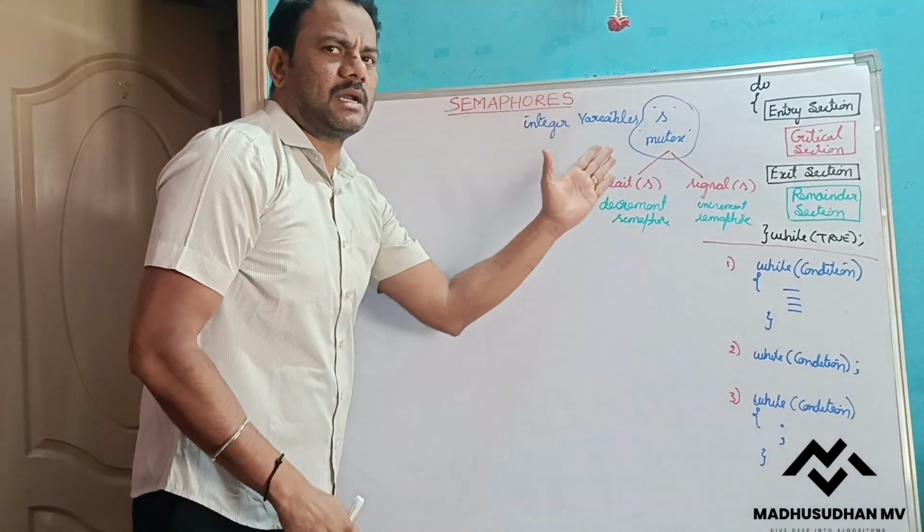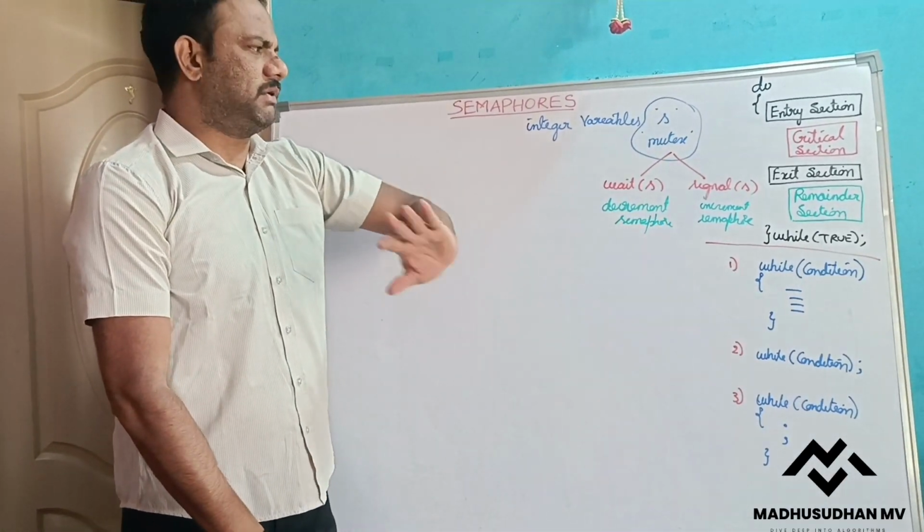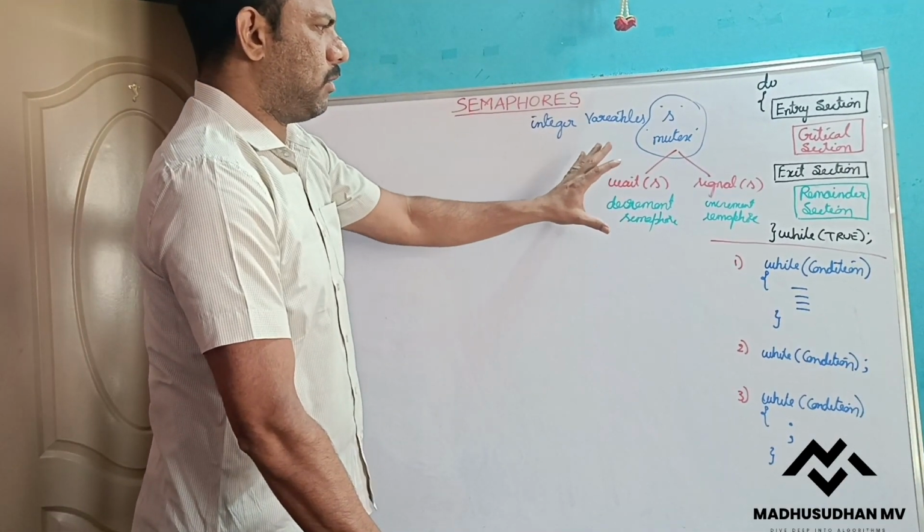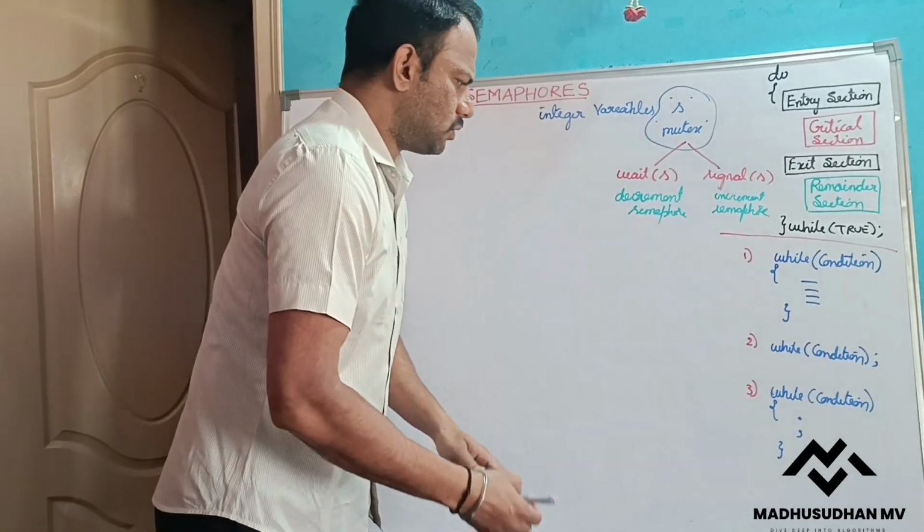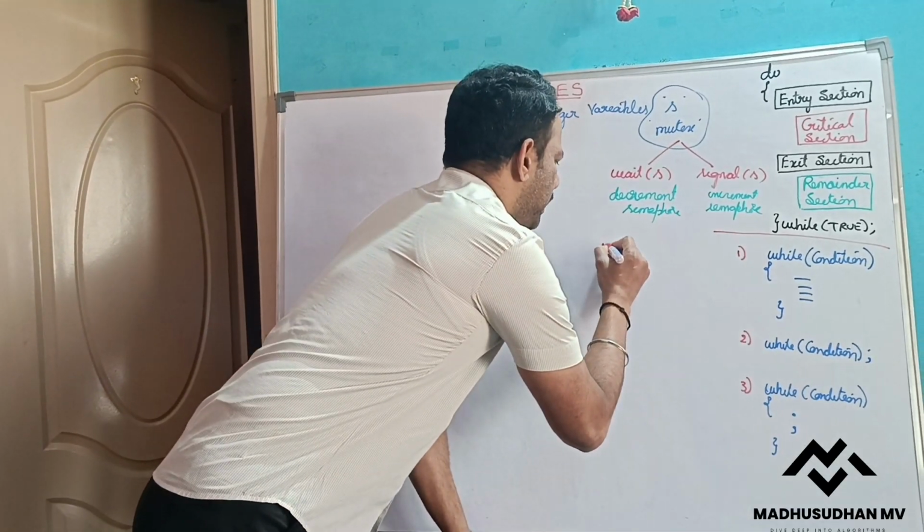So one will decrement, another will increment. That's it, it's very simple. Now, how to define wait? So now wait is defined as wait